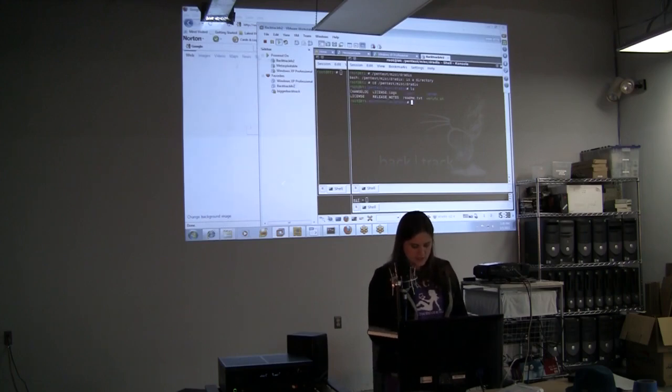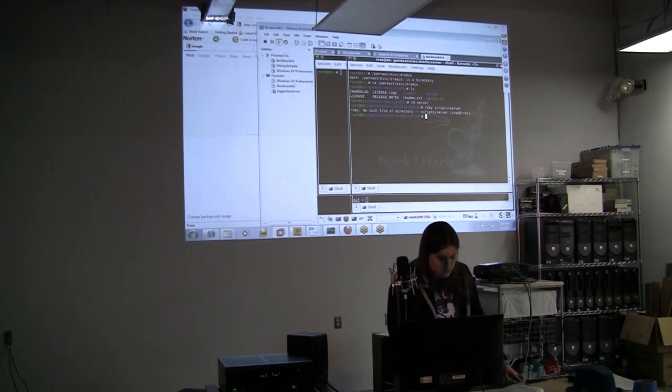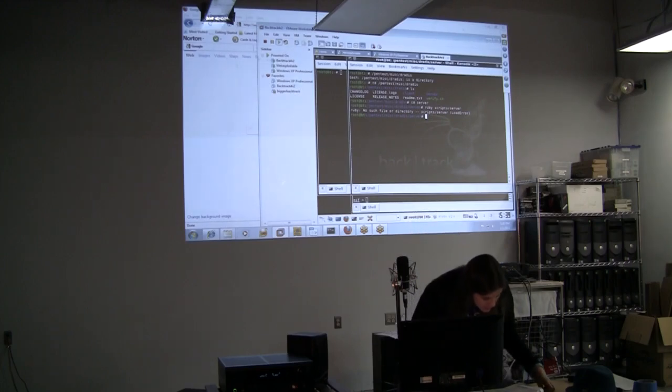So then we say, no, we want to go into server. And then we're going to go ahead and say ruby, because this is a Ruby script we're running, not root. And then go into scripts and then we want to say server. Whoa. That didn't work, and I don't know why.